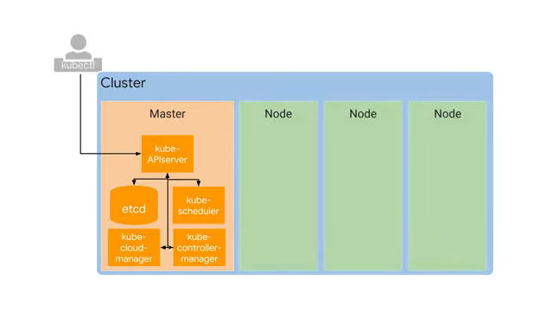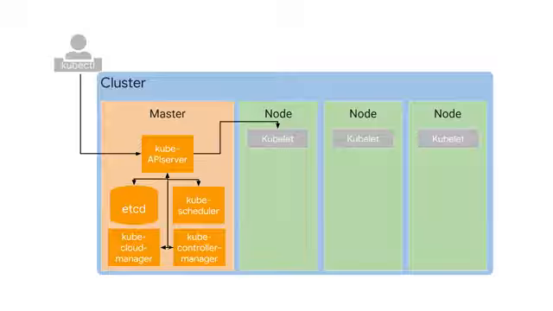Each node runs a small family of control plane components too. For example, each node runs a kubelet. You can think of kubelet as Kubernetes agent on each node. When the Kube API server wants to start a pod on a node, it connects to that node's kubelet. Kubelet uses the container runtime to start the pod and monitors its lifecycle, including readiness and liveness probes, and reports back to Kube API server.